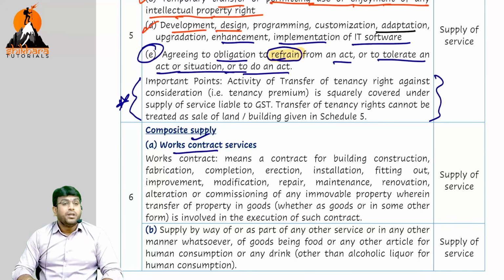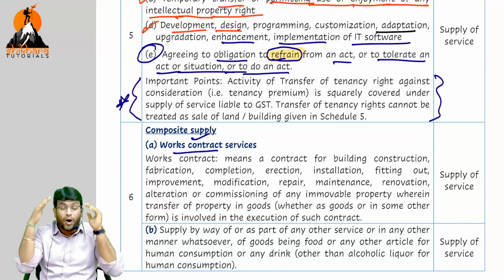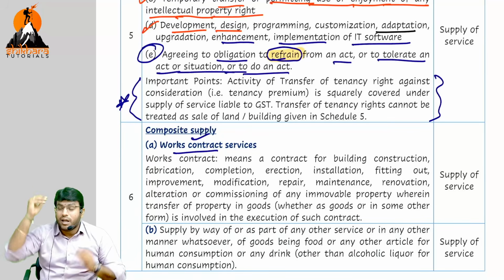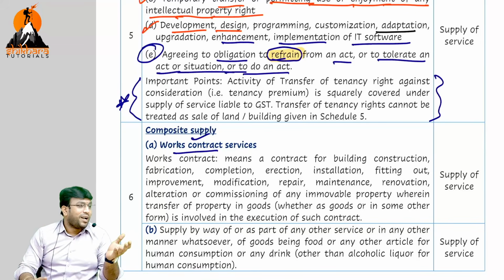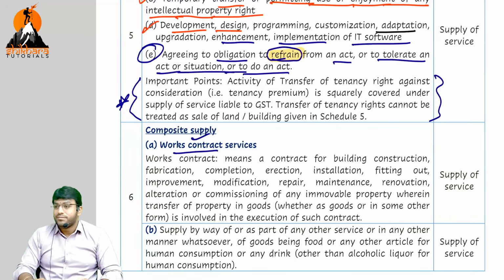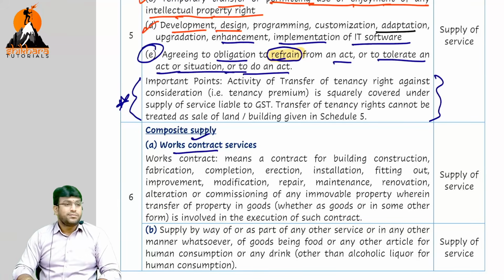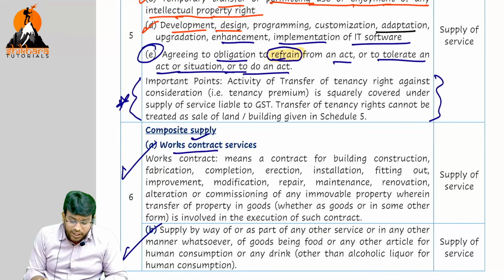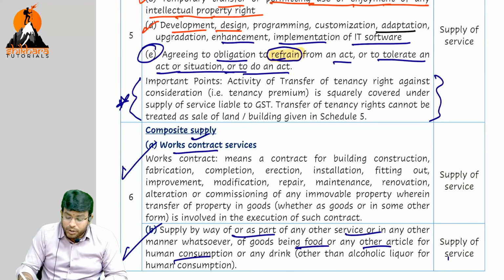But wherever you want, you should not use that word works contract. For example, boys, we went to one salon to get oil massage done. That fellow put oil and is doing massage also. Do not tell oil is goods, massage is service, works contract. Wherever you want, don't tell works contract. The works contract word is supposed to be used only in case of immovable property. And that works contract is deemed to be a service. Next point is restaurants supplying food. That is also deemed to be what? Service.